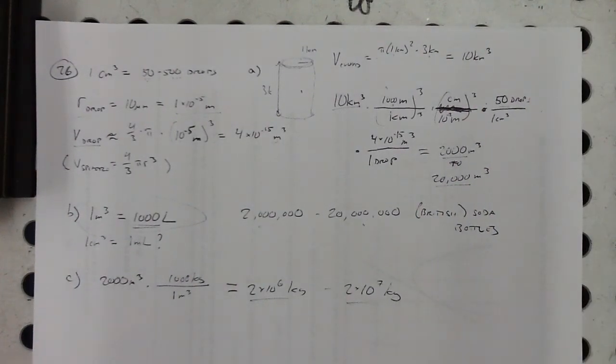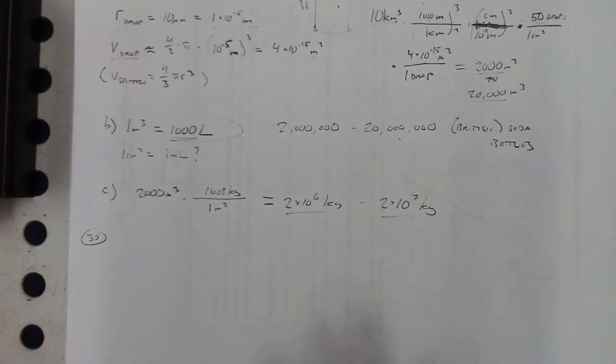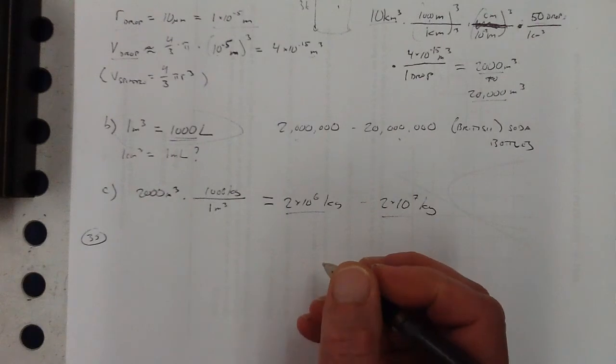All right. Let's see. Where are we now? On 35. See if I can fit it down here. Number 35, we have an Old English children's rhyme that states, Little Miss Muffet sat on a tuffet, eating her curds and whey, when along came a spider who sat down beside her and frightened Miss Muffet away, I think is the last line, isn't it? The spider sat down not because of the curds and whey, but because Miss Muffet had a stash of 11 tuffets of dried flies. The volume measure of a tuffet,